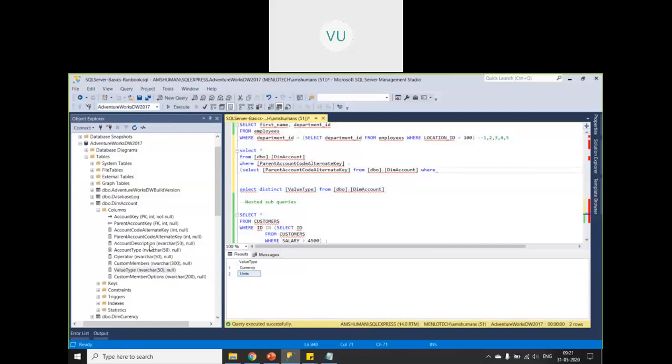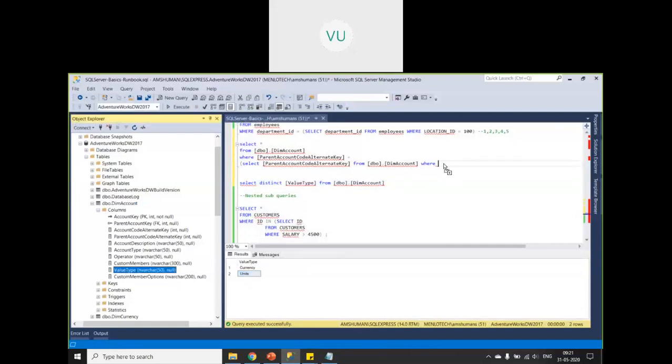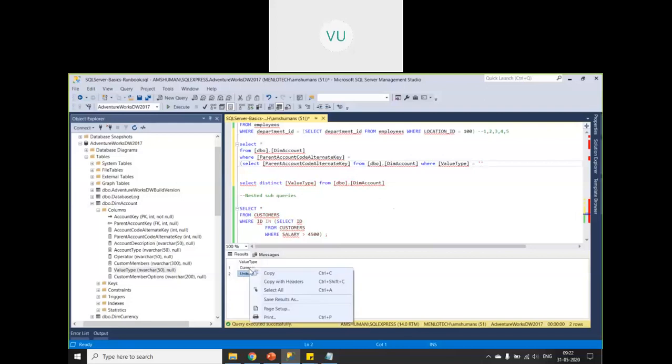So where I am saying where value type equal to, it's an nvarchar, that means a string. So we have to open up single quotes and put one of these values. Let us say units. And I'll close my inner query.